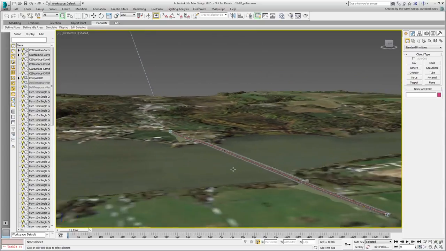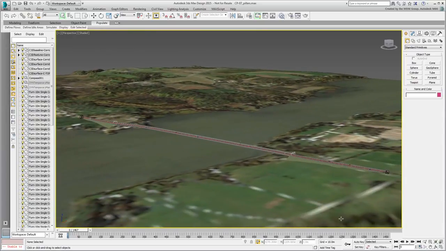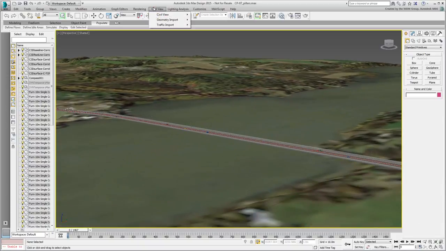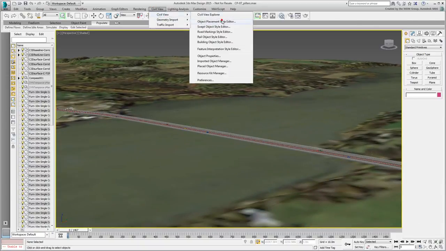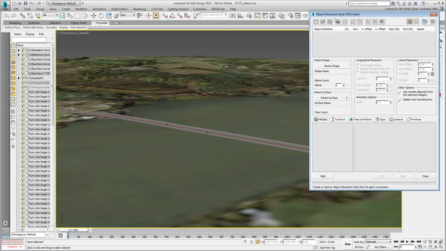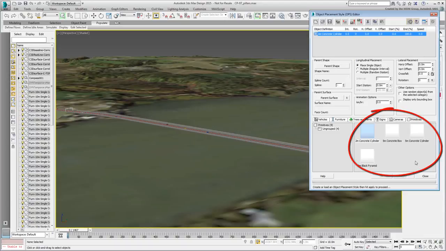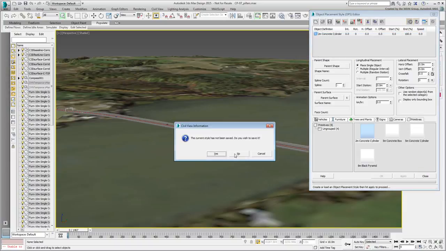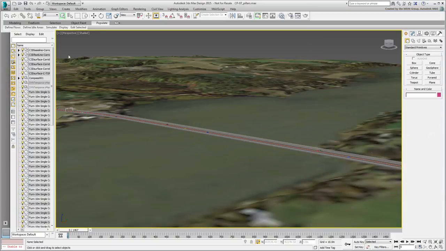The part of the bridge that spans over the water needs some kind of a pillar structure. The Civil View Object Placement Style Editor would help with that process. By default, however, you can only rely on a handful of primitive objects, and they are not particularly inspiring. You can potentially use these primitive objects, but you may want to actually create your own pillars and add them to the library. Open the file named